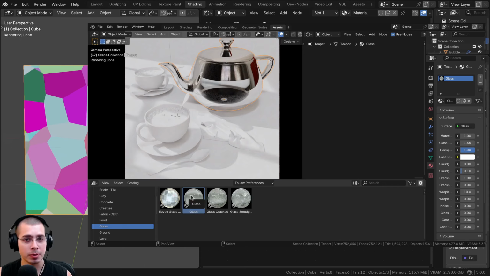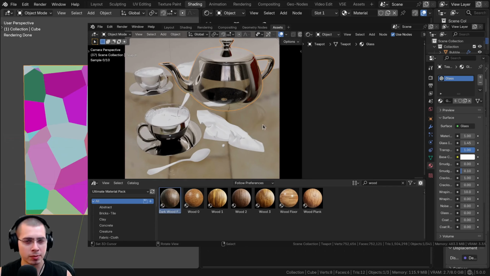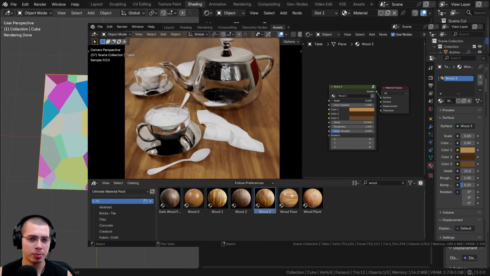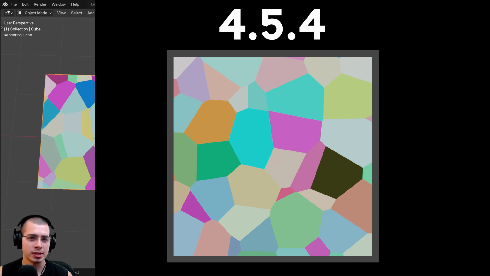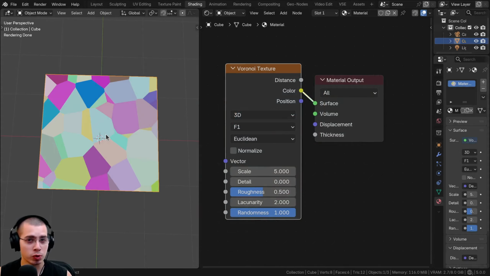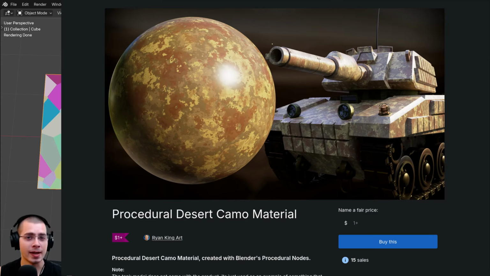I went into my ultimate procedural material pack and went through a bunch of my procedural materials, and with these cells here, they still look pretty similar, but they've just been moved around slightly. So you can see here's the difference between Blender version 4.5 and Blender 5. However, there is a procedural material where it really messes up the look of the material, and that is my